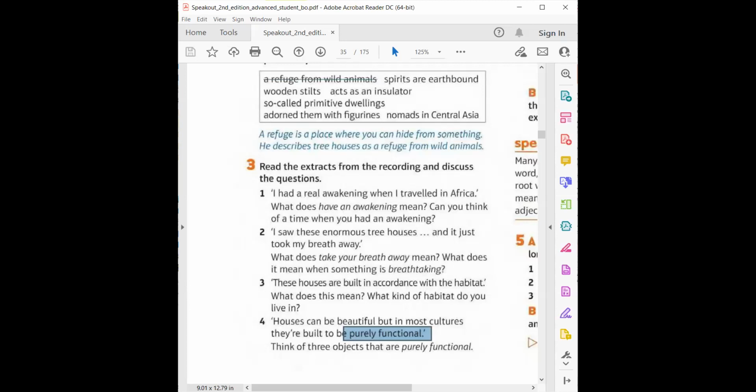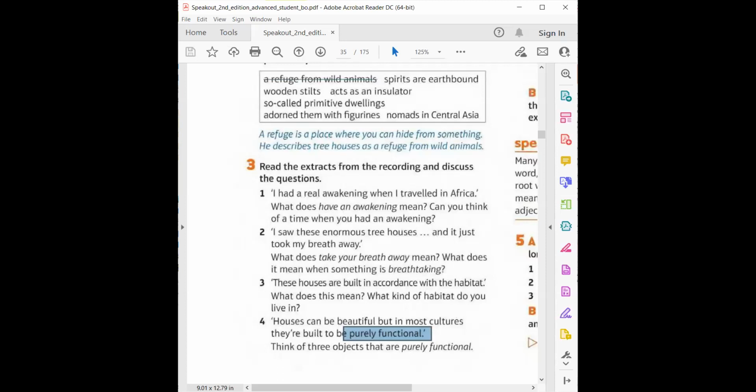So can you think of 3 objects that are purely functional for you? I guess clothes. The lighter. Yeah, clothes, they make us warm. What else? Cars, maybe? We said clothes. No, I mean cars. Okay, they're objects too. Yeah, cars, in Saudi Arabia it's very hot. It's something that is purely functional there. I believe people can live without it here. So yes, it depends on the habitat, you see.